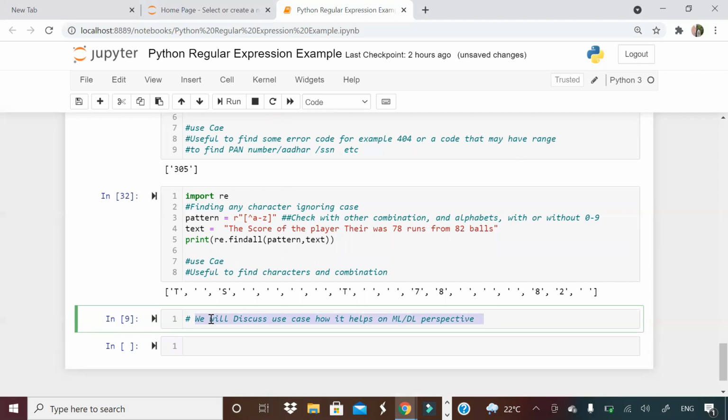From my experience, guys, regular expressions and the features derived from regular expressions help a lot, okay, when you talk of machine learning or deep learning. But I'm also going to take a data and show you in my next video how I create features from that, and how I derive a good model from that. That I'm going to show you.